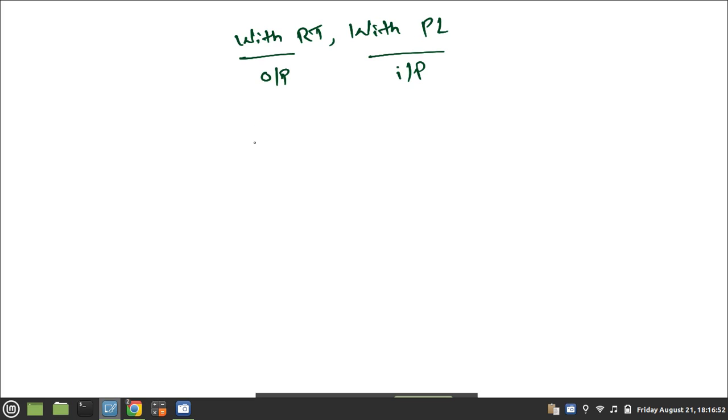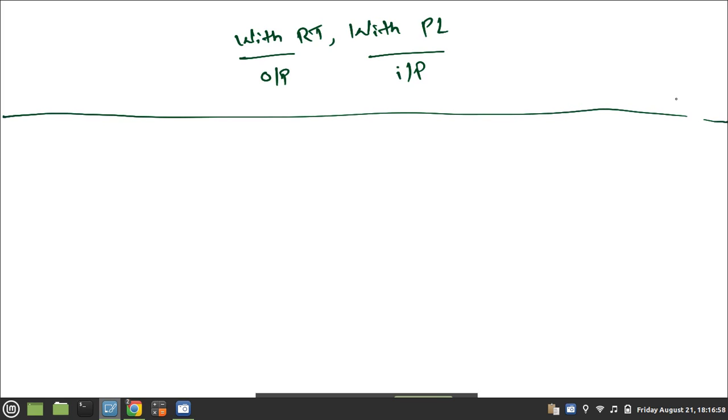Okay. So this is the syntax of the normal function, that is return type, function name and parameter. This is the statement. The example is with return type.